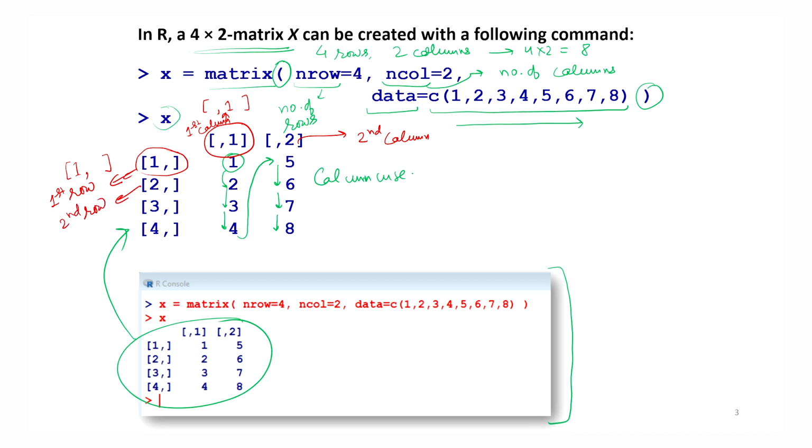And in case you want to write the address of this number 2, you can see that it is on the second row and first column. So this is how R gives addresses to different locations: rows, columns, as well as individual numbers. I just want to have your attention on this, so that later, when I explain how to access any particular row, column or element, this is going to be helpful.